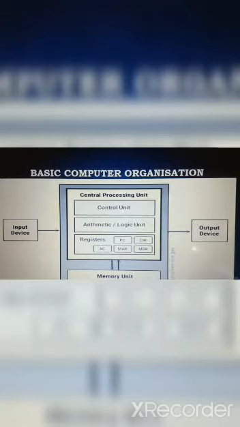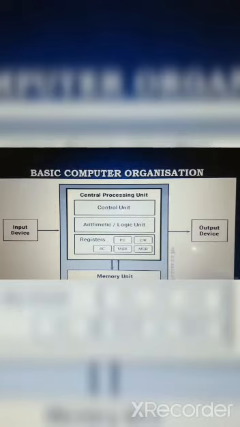Now if we deal in detail with the CPU, we all know that the CPU is the central processing unit, and it is actually the brain of the computer, which guides, directs, controls, and even governs the performance of the computer. It has, further, the arithmetic logic unit, control unit, registers, and other basic components inside it. So by the name itself, it is understood.